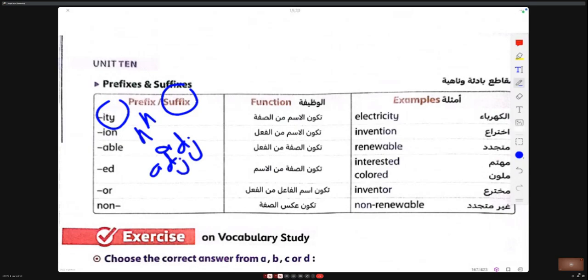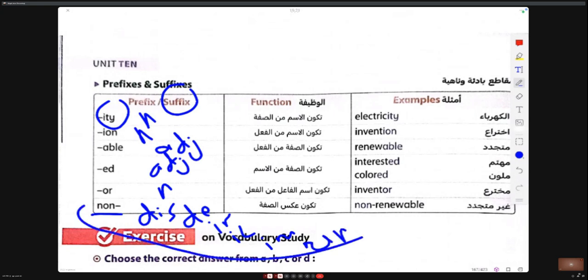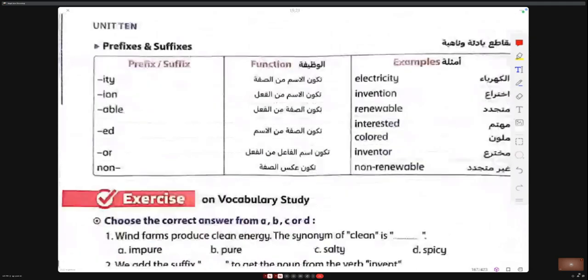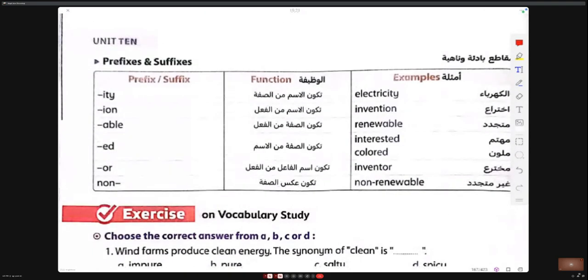Or are nouns. Non, dis, the, er, il, im, un: all these give the opposite of the word. Electricity, invention, renewable, interested in, colored, inventor, non-renewable.